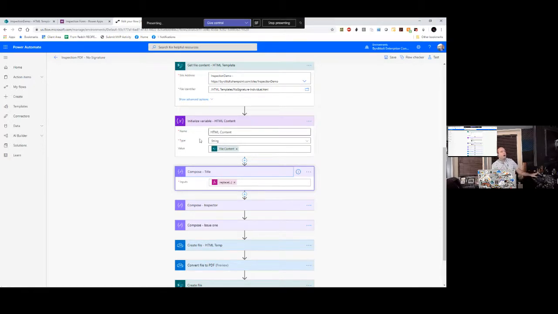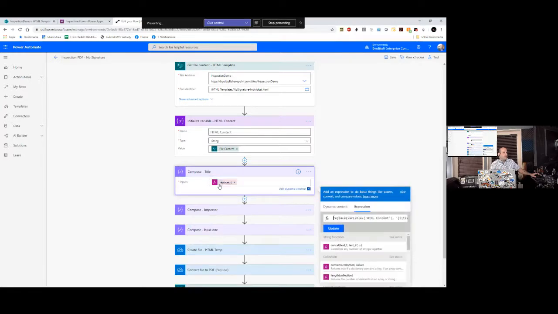So I'm using a compose. I want to compose the title. That's one of the fields we had, right? And I'm going to look at what my inputs are for that, and I used an expression. So you have to add dynamic content, but instead of being on this dynamic content tab, I'm on the expression tab. And this is what I have. It's very small. So what I'm going to do is I'm going to show you the slide deck instead. But what I'm doing